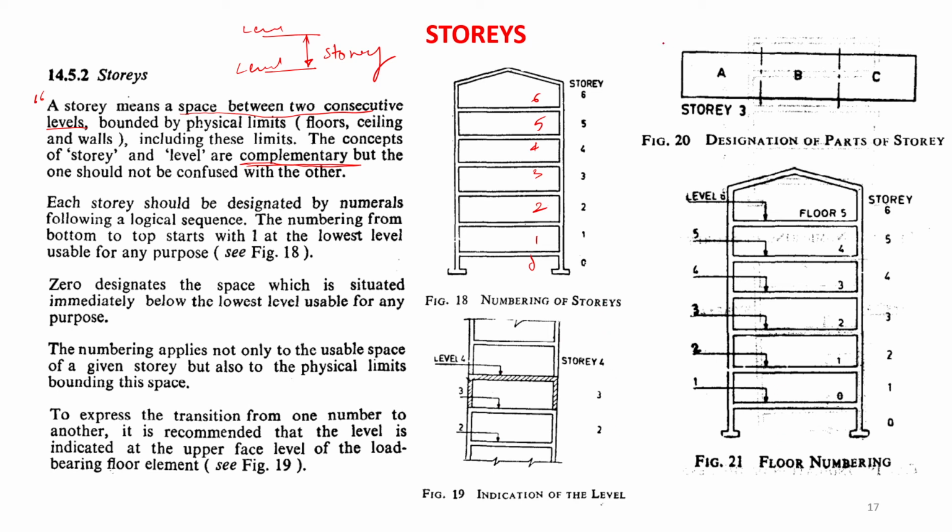Now figure 20, designation of parts of a story. Like story 3, you can designate its parts as A block, B block and C block. Fine. And the 21st figure, floor numbering. This is very important from the understanding point of view. So you can see here,